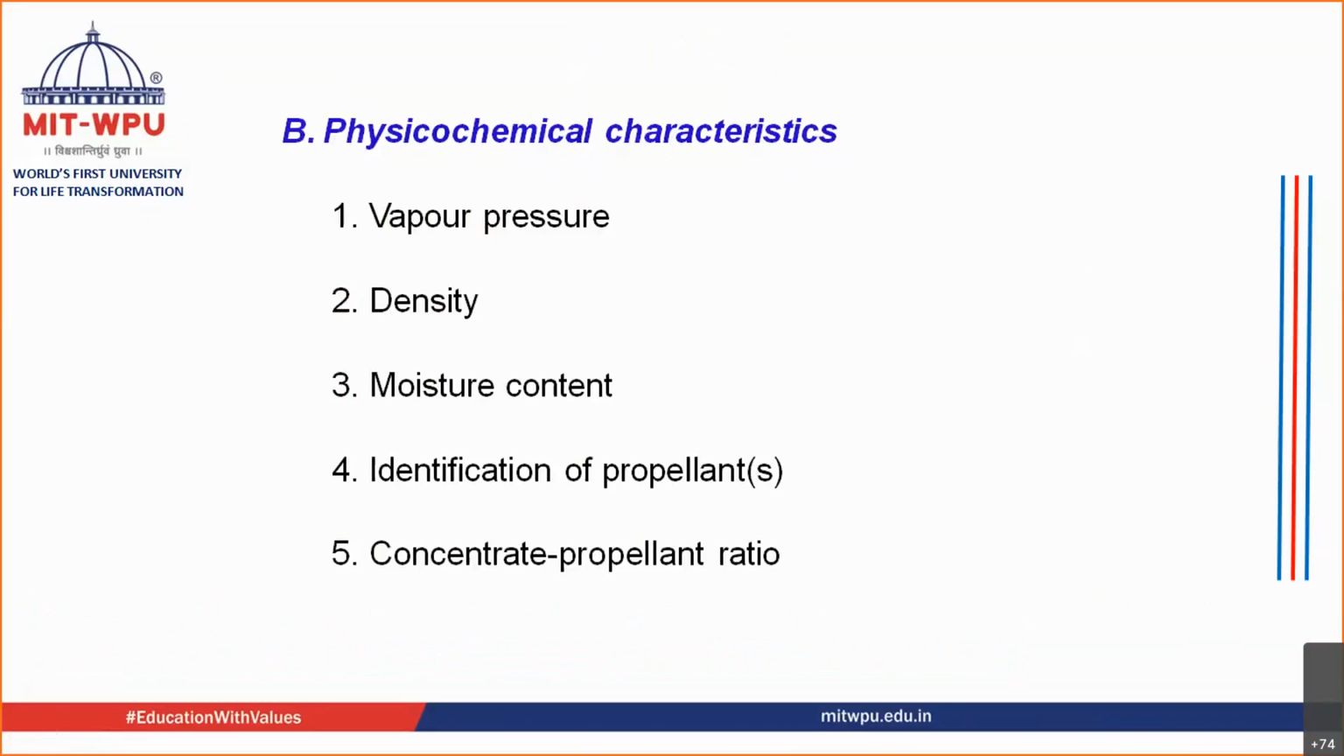The other set of tests that are carried out for your aerosol product are the physicochemical characteristics of your product. In physicochemical characteristics, what you check is the vapor pressure, the density, the moisture content, you carry out the identification of the propellant that is present inside the container, and you also find the concentrate, that is the product concentrate, and